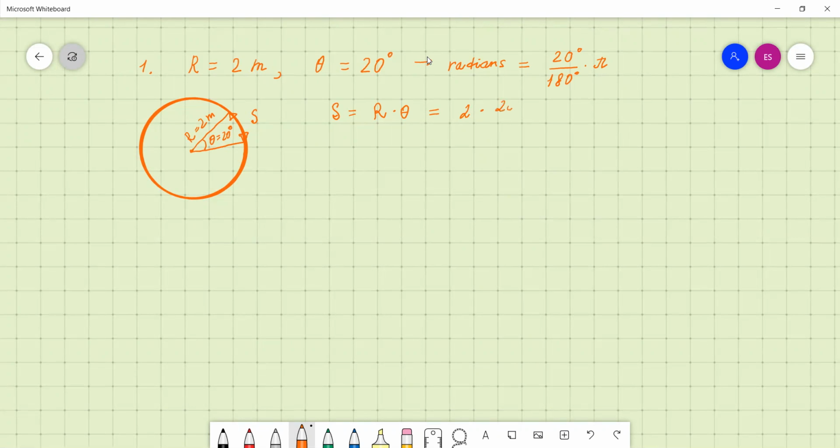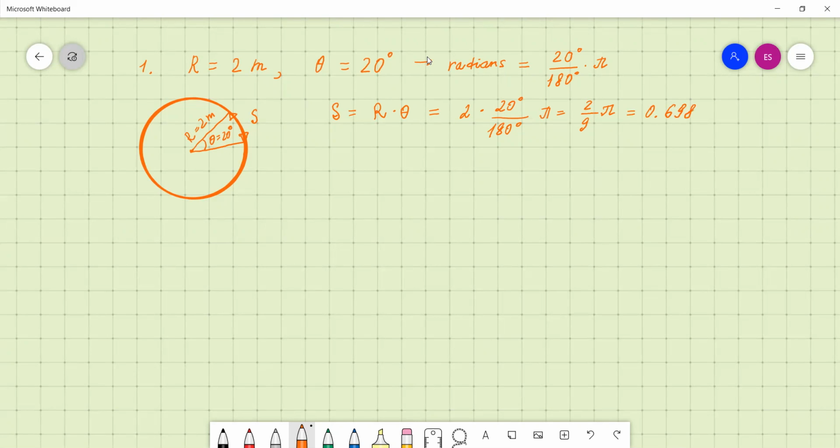So now I'm going to put all my numbers together. 2 multiplied by 20 degrees by 1 divided by 180 degrees multiplied by pi, which is going to give me, canceling 20 and 180, 2/9 pi. And if I calculate it using a calculator, which I already kind of did, my 2 does not look like 2. I'm going to erase it and write it down again. Okay, I think this 2 is better. It's going to give me